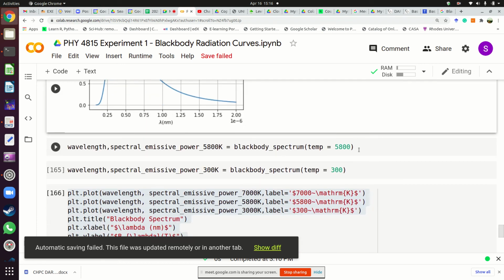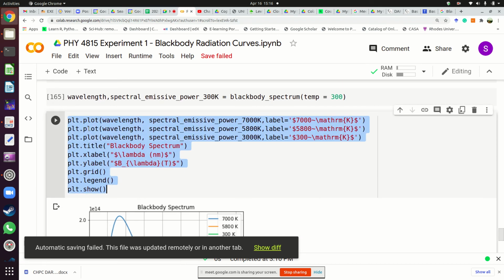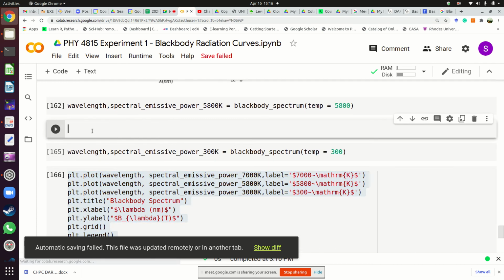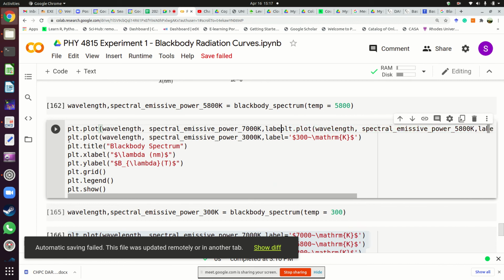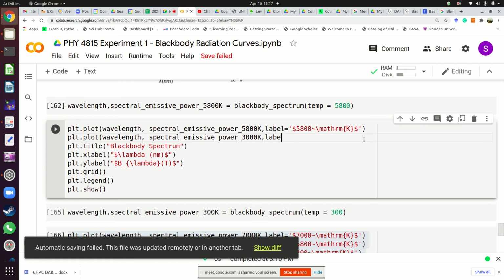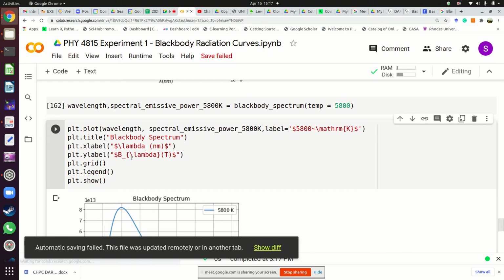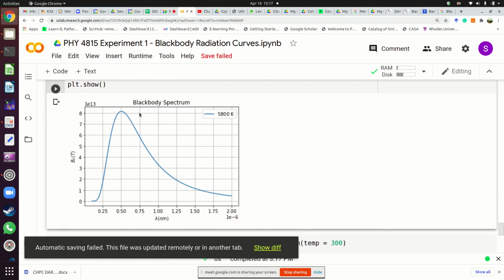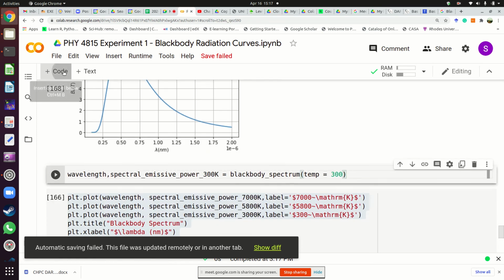Then we add space. Plot. Okay, this. So this is a 5500 plot, right? Yeah. So we'll check the 3000 plot, the 300 plot,